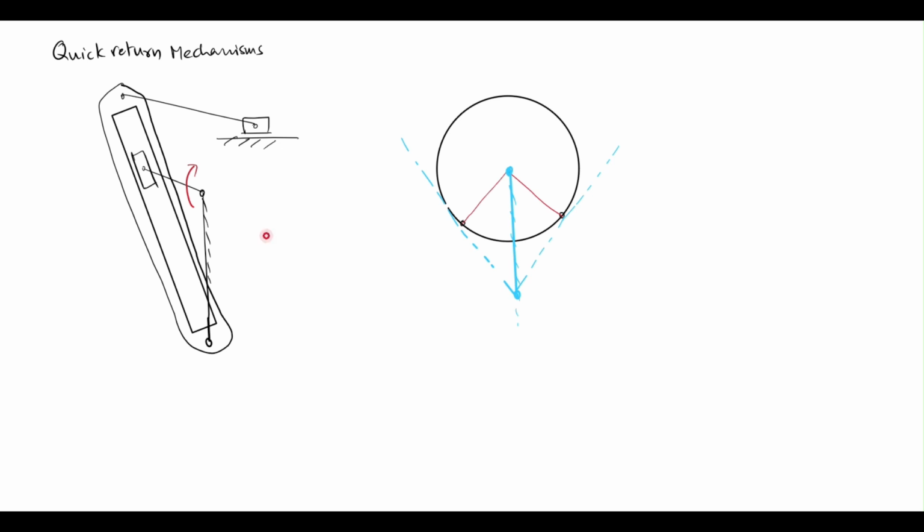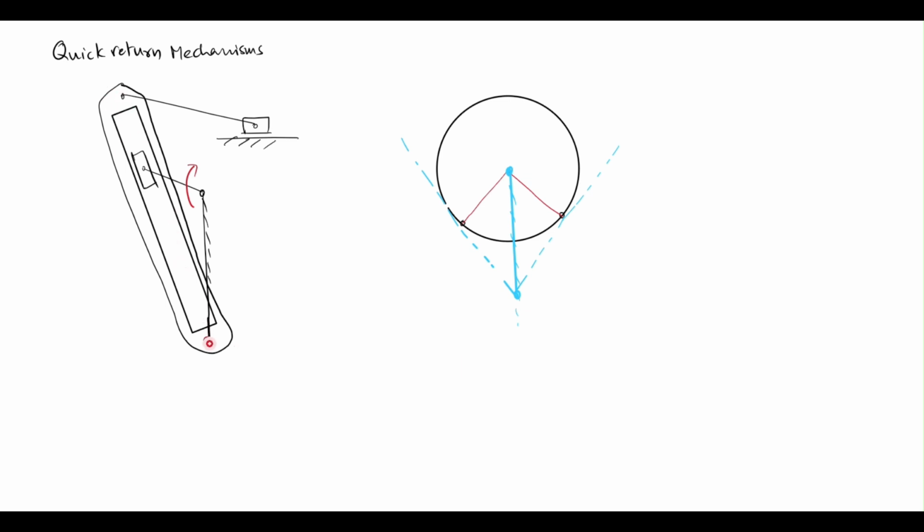Here's an example: a quick return mechanism. This is a crank and slotted lever mechanism, where this is the crank. This will turn fully 360 degrees. Because of this turning, this slider in this slot will move along the slot, and that slotted lever is going